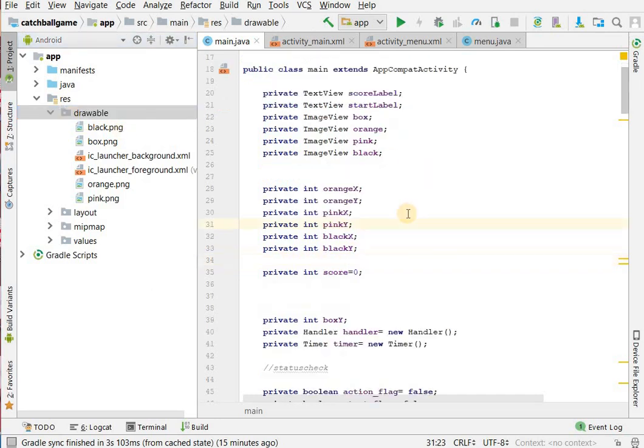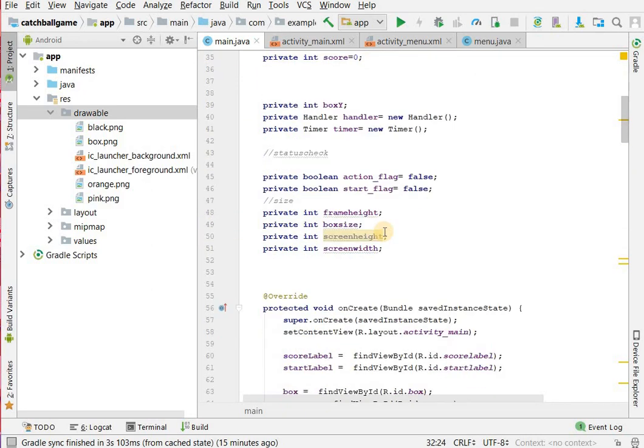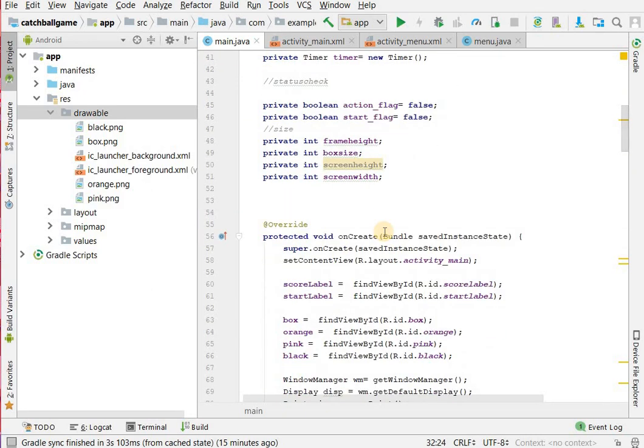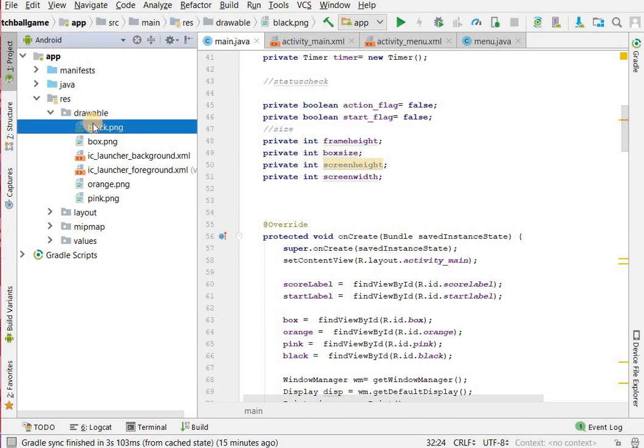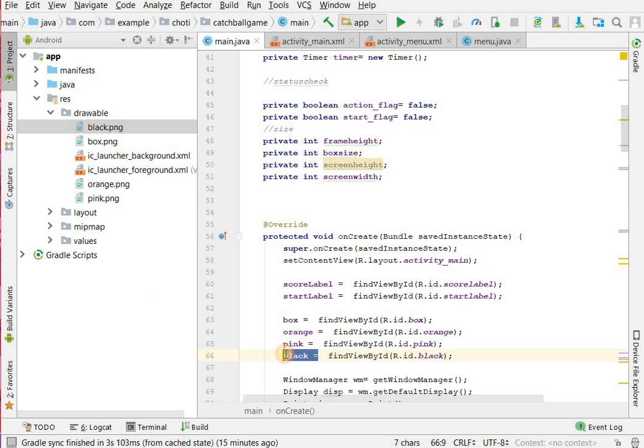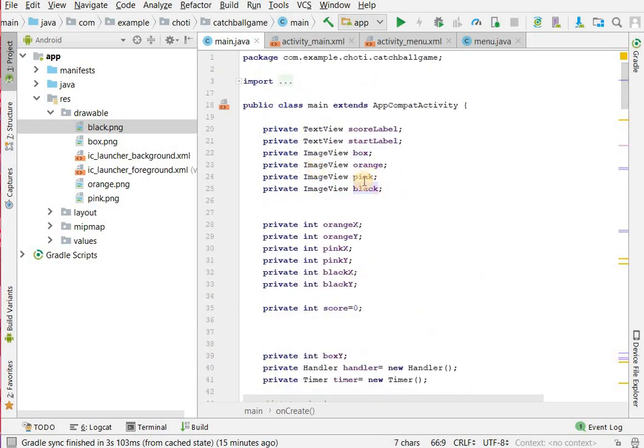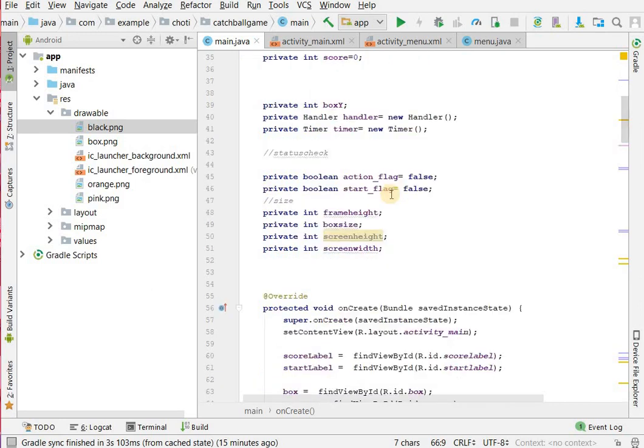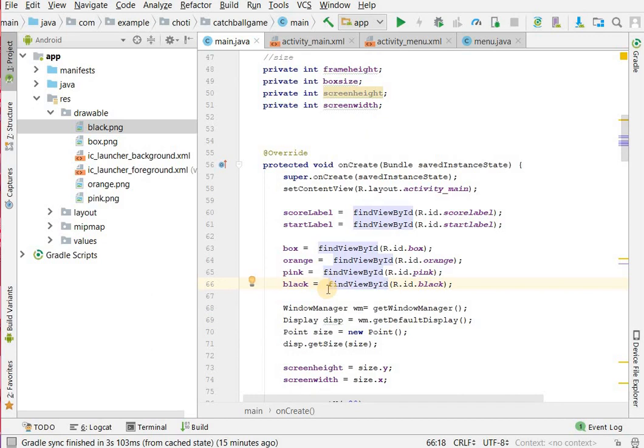तो what's the syntax for this? Let's look at the syntax. जब हमने किसी चीज़ को, किसी resource को, for example ये black image है, तो मैंने अपने किसी object के साथ इसको associate करना है, assign करना है. तो here's the black. What's black? First of all, let's look at black. Black is an image view. That means image view type का ये object है, ये एक image view होगा, तो इसका नाम हमने black रखा है. तो इसको हमने उसके बाद assign करना है.